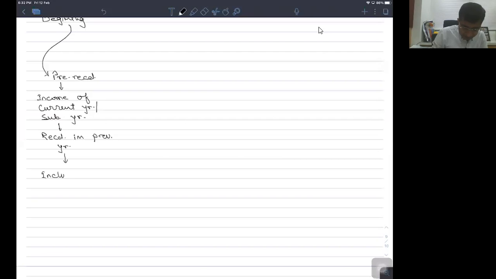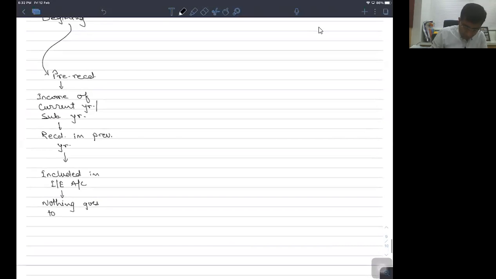Included in income and expenditure account. Nothing goes to balance sheet